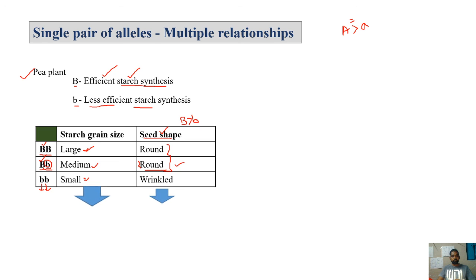homozygotes have two different phenotypes, but the heterozygous has the intermediate character between these two, that is large, small, and this one is medium, like red, white, and the intermediate color is pink. So I cannot say that capital B is dominant over small b in this case, because there is incomplete dominance with respect to this particular phenotype. So the alleles are the same, but with respect to phenotype 2, that is seed shape, it is dominance, whereas with respect to the first phenotype, that is starch grain size, it is actually incomplete dominance.